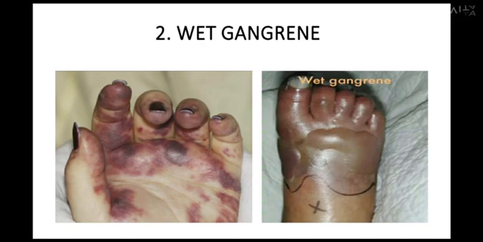WBCs cannot reach the area. The affected condition becomes worsened. As infection is associated with release of discharge and pus, it is known as wet. Wet gangrene is very painful. Wet gangrene can spread much quicker than dry gangrene and may lead to life-threatening complications like septic shock if not treated immediately. The causes of wet gangrene are bacteria, injuries, frostbites, foot ulcers or burns.